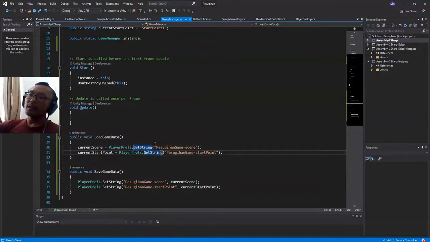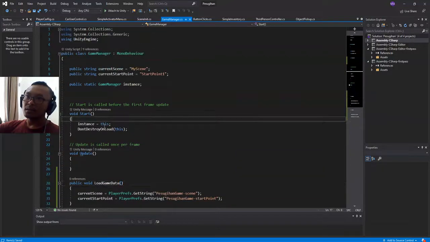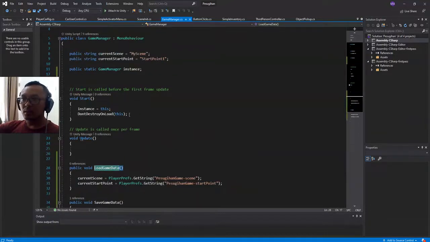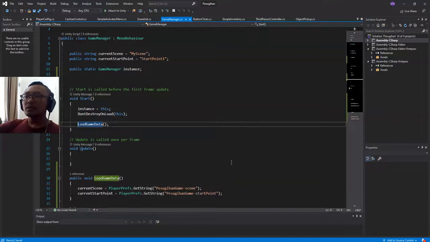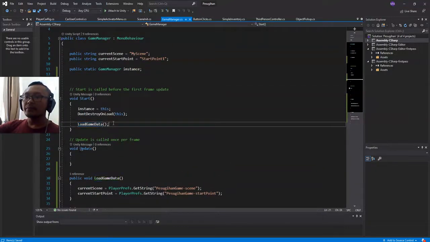Okay, it is because we did not call the load game data at the beginning of the game. So what we need to do is, it is just one possibility. Let me call this load game data first, and yeah,